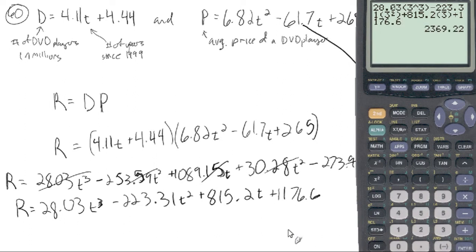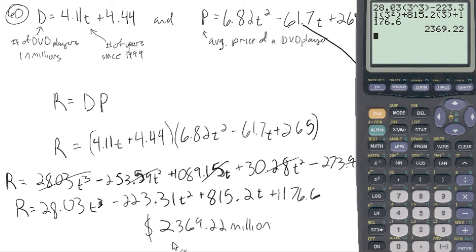We get 2,369.22 million dollars, because remember that in part of this multiplication we were multiplying by D, which is DVD players in millions. So the dollars that we get is in millions of dollars. So $2,369.22 million,